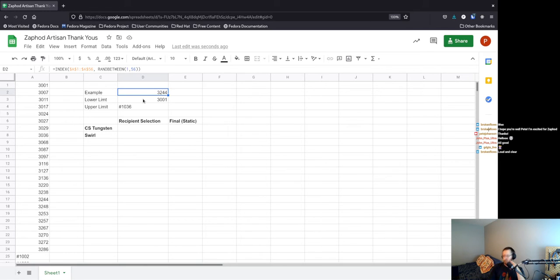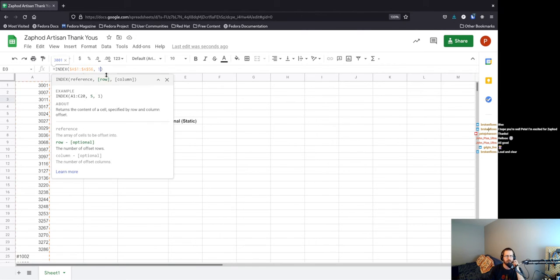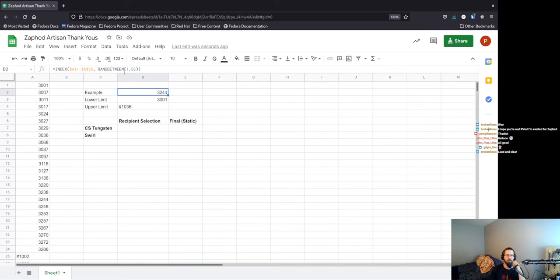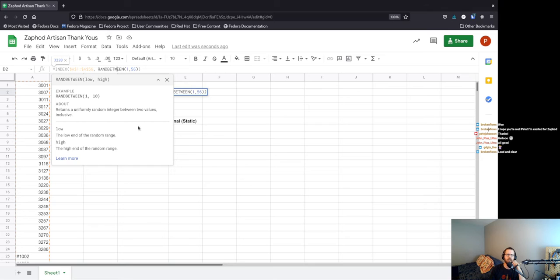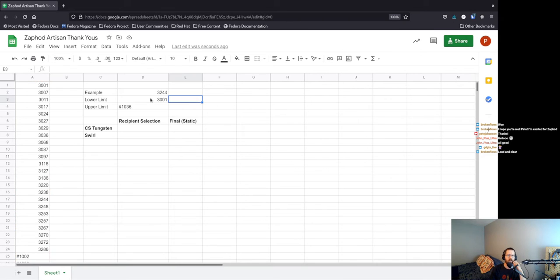Just to check things for myself, I have the lower limit and upper limit here. So, for example, if I do the same thing with a fixed value of 1, that was the lower range for my RANDBETWEEN. RANDBETWEEN, by the way, is inclusive, so it will include that 1 and 56 values here. And so if I try with the lower limit, if it picks that one number, I can see it is in fact picking this one value, the very first order number from the EU proxies.